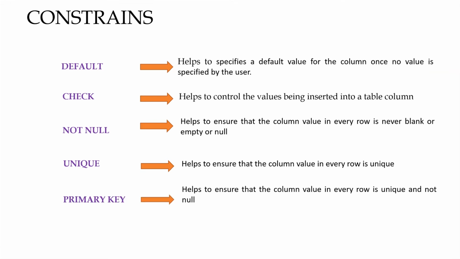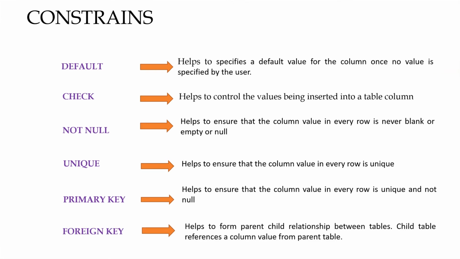The primary key constraint is a combination of both the not null constraint and the unique constraint. That is, whichever attribute has been chosen as primary key should be unique and should not contain null values. The foreign key constraint is used to establish a child-parent relationship. Whenever an attribute in one table refers to the primary key of another table, that key we call a foreign key. The foreign key should not enter any wrong information for which there is no reference in the primary key. This we call the foreign key constraint or referential integrity constraint.